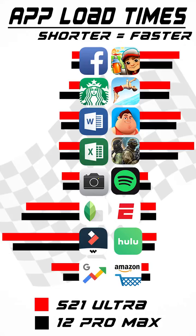We still have our Galaxy S21 Ultra versus iPhone 12 Pro Max battery test coming up soon. It's going to be interesting to see if the Galaxy can take that top spot away from the iPhone in our rankings,